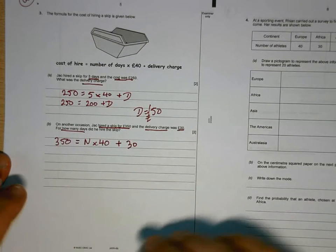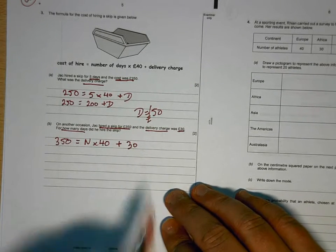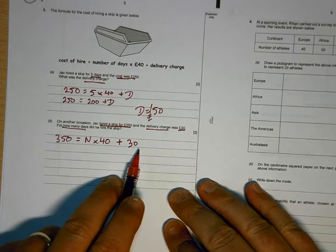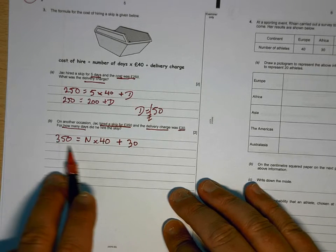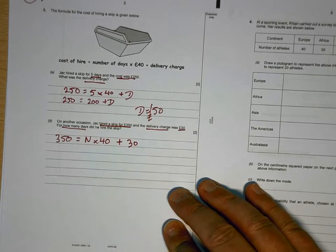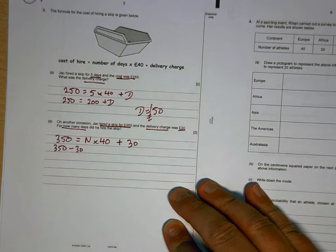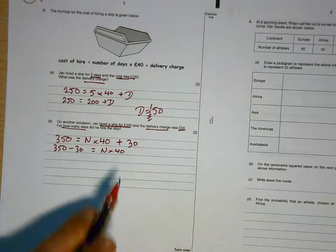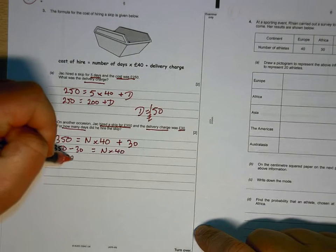So this one now is a bit more work to get at finding out what that N is. The first thing I need to do is get rid of that plus 30 there. So we're going to use the rules of solving equations. In order to get rid of that plus 30, I've got to do the opposite of adding 30, which is taking 30 away. But to keep the balance of the equation right, if I'm taking 30 off that side, I have to do the same to the other side. So on this side of the equal sign, I now get 350 take away 30, and on this side I'm left with that because I've taken the 30 off. 350 take away 30 is 320,